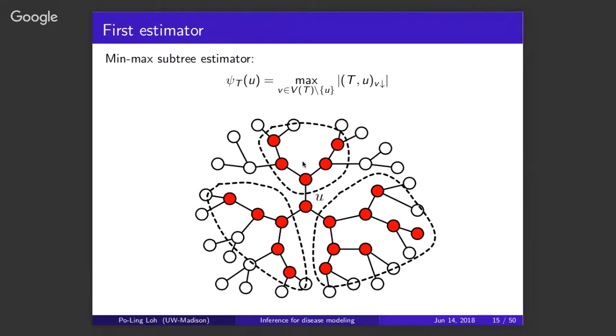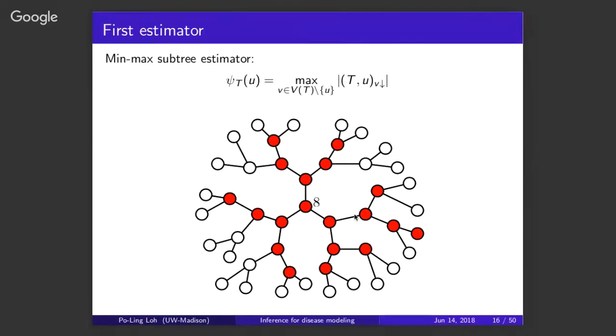And now for each one of those subtrees, you want to count up the number of nodes in that subtree, and you want to look at the maximum amongst those subtrees. In this case, there are 3 subtrees, and the bottom right one is the largest. So the value psi of u is going to be equal to 8, because that's the number of nodes that were in that portion. And then you go and you compute this criterion for every single node in the graph. So you get something like this.